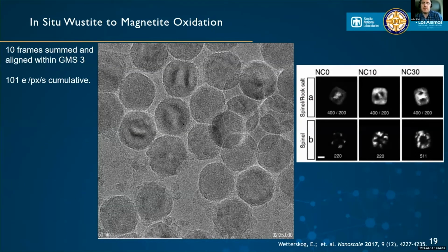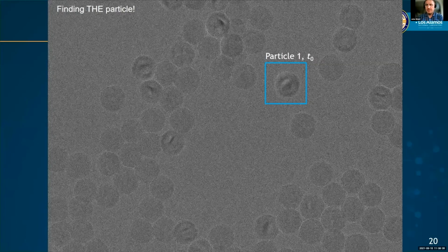So then the thing becomes, if we actually want to do some analysis, we need to find the particle that's on the right crystal zone to watch that oxidation front, to watch that nucleation and watch that front progress, or actually watch the ion come out. And so that's the beautiful thing about the K3: now, instead of finding that particle on